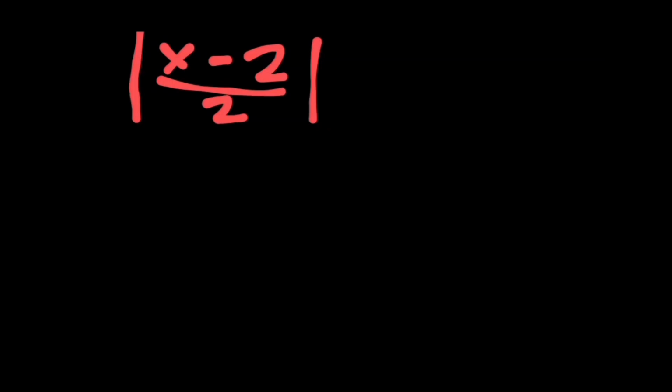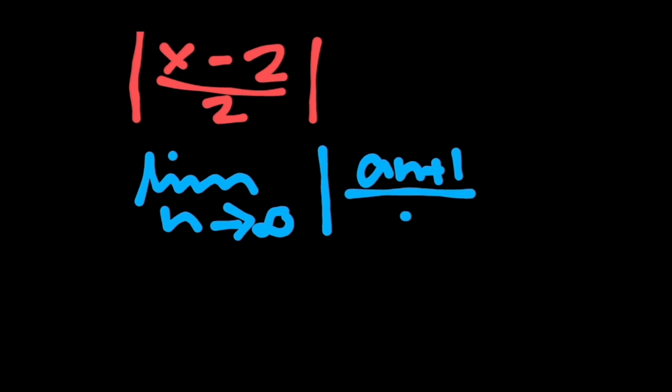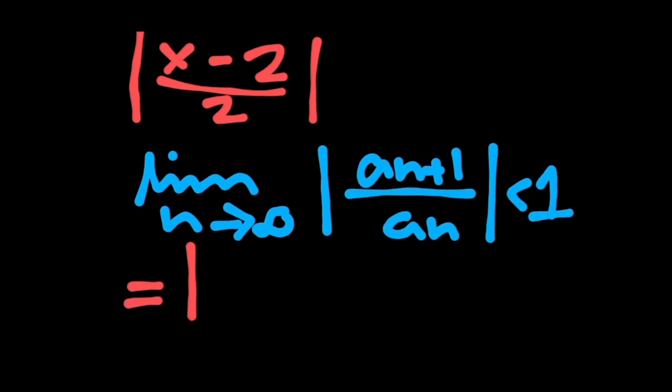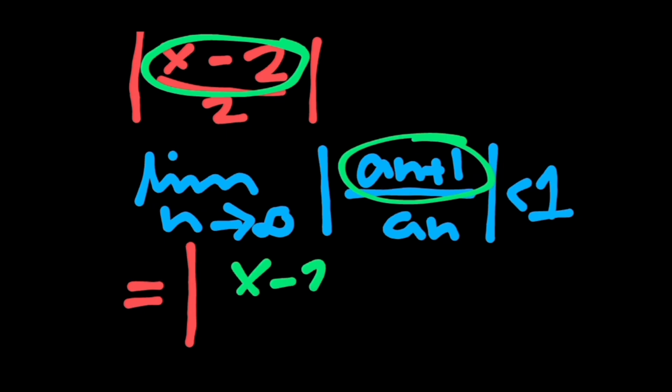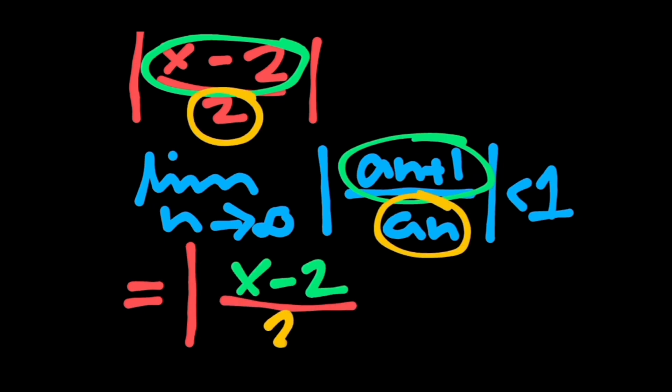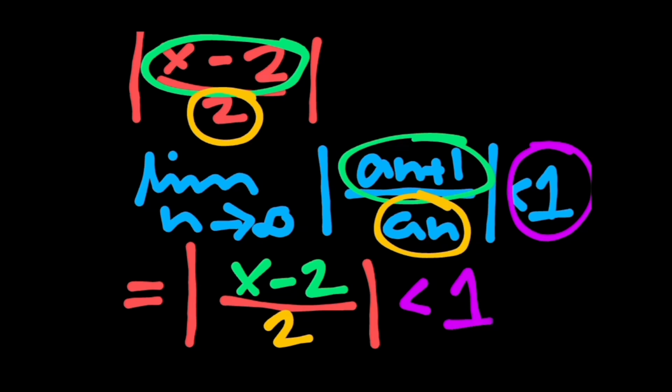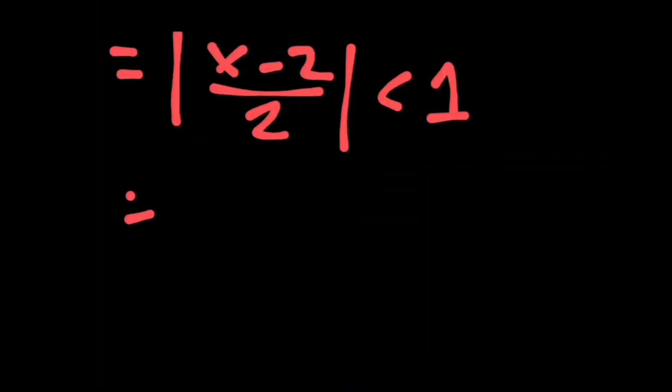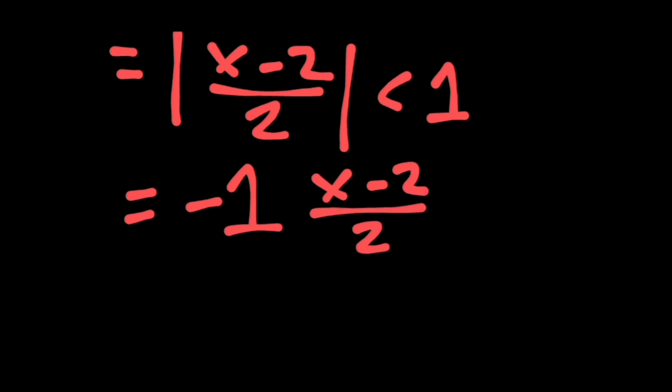that we need to do is to apply the ratio test condition, where the ratio test requires the limit of absolute value a sub n plus 1 over a sub n, where n approaches infinity, is less than 1. And to get that, we set up the inequality: absolute value of x minus 2 over 2 less than 1. To get the value of x, first we need to remove the absolute value by rewriting it as a compound inequality, so we have x minus 2 over 2 less than 1 but greater than negative 1.